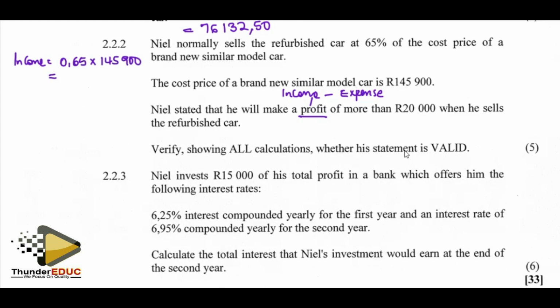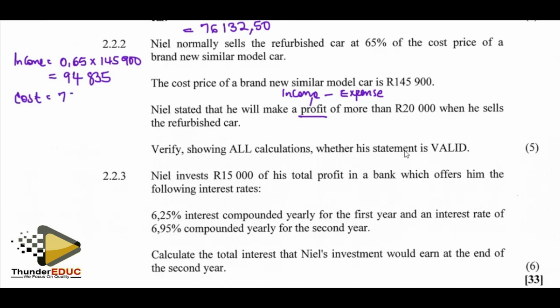So the income here is 94,835. So the expense or the cost you said is